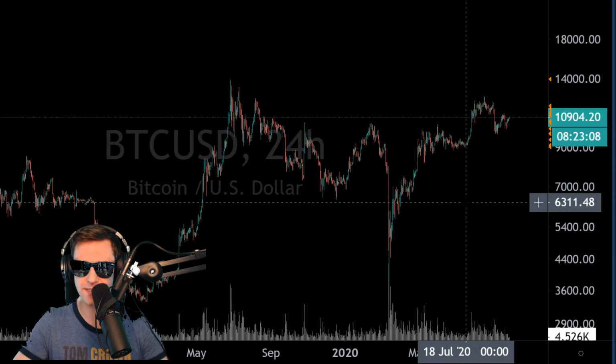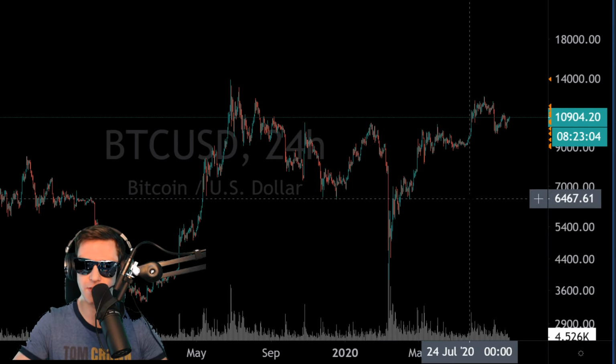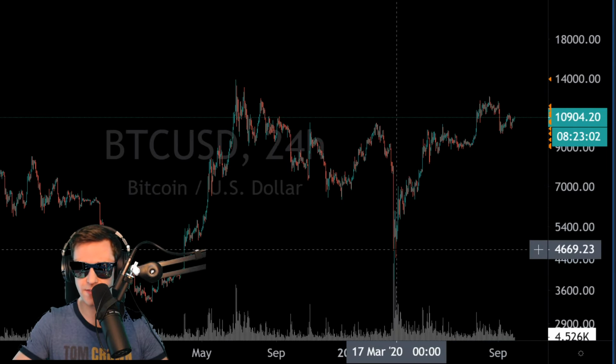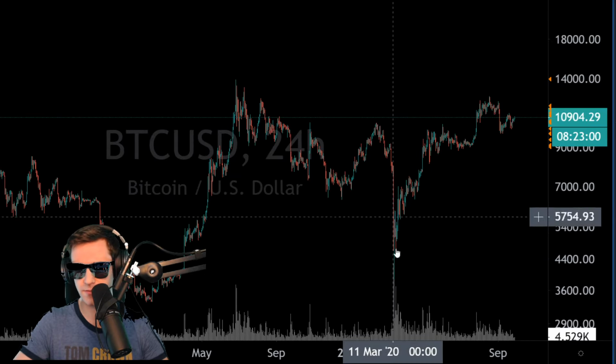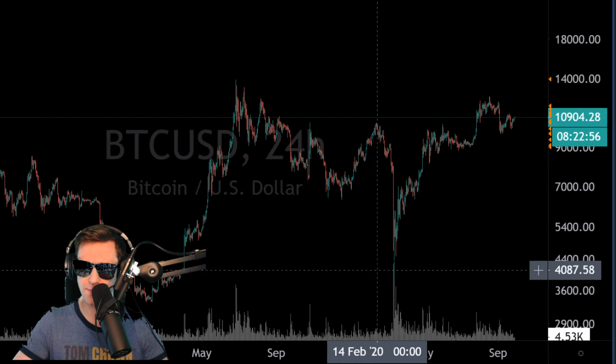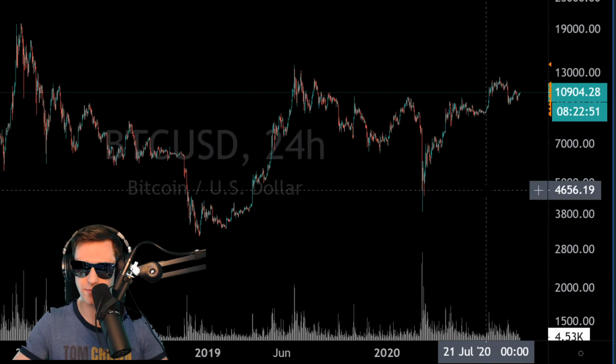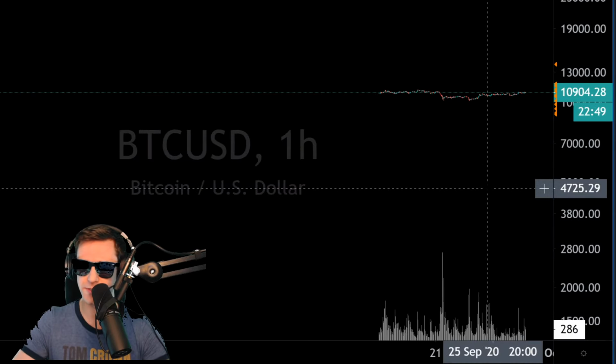I think it is more of a hindsight indicator where you can look back and say, okay, there was a lot of volume here in March or whatever, and price reversed, so that's probably a bottom. It's not so much something that I would use in real time, and the more you zoom in, I think